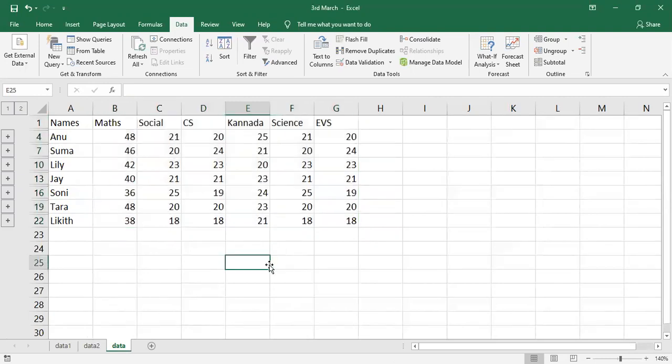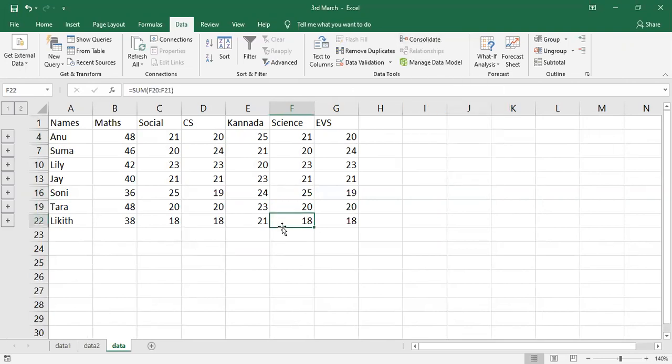In the first one, we just calculated the total without selecting the top row. We just calculated the result, the total of those two subjects. But here we combined two different data and we are displaying it here. This is called consolidate.